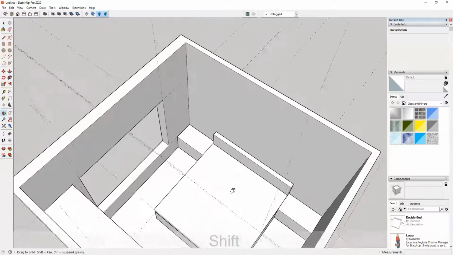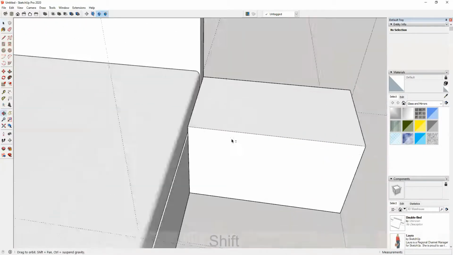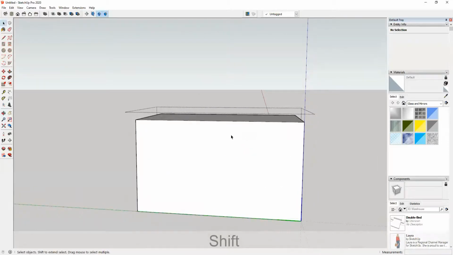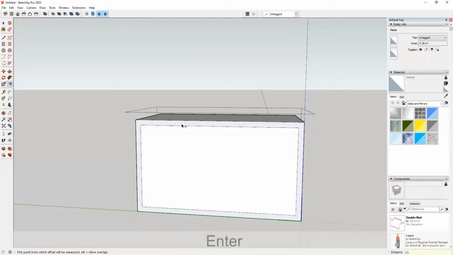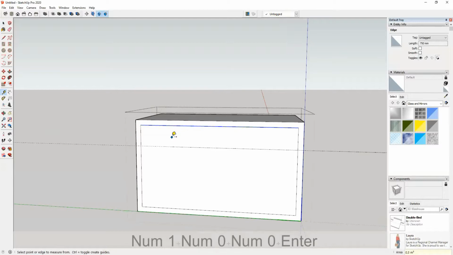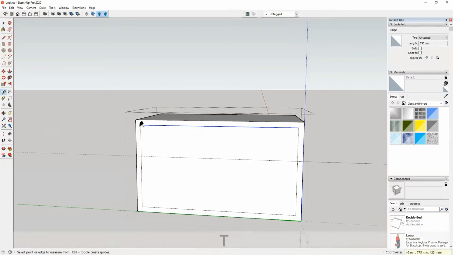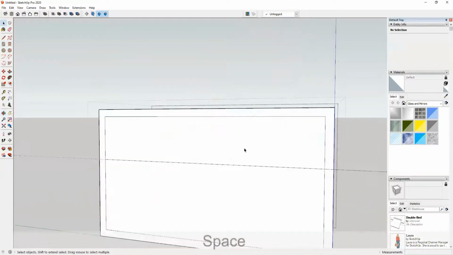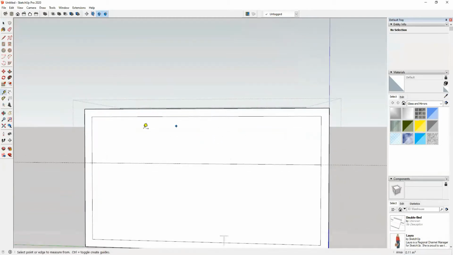Thus we have this mattress, and let's add detail to this component. I'll start with an offset. Let's go with an offset of 25 and add a copy from here. Let's say 100 or 150, and create some detail for a drawer. So we have a drawer here, and I'll just create a circle somewhere in the center here, and center for this will be here. And let's draw a circle